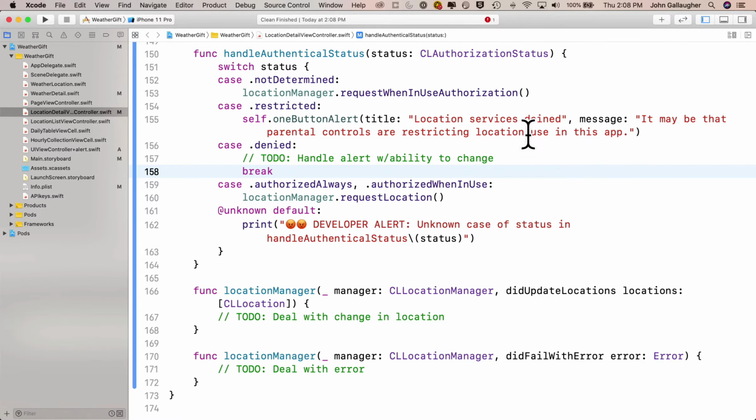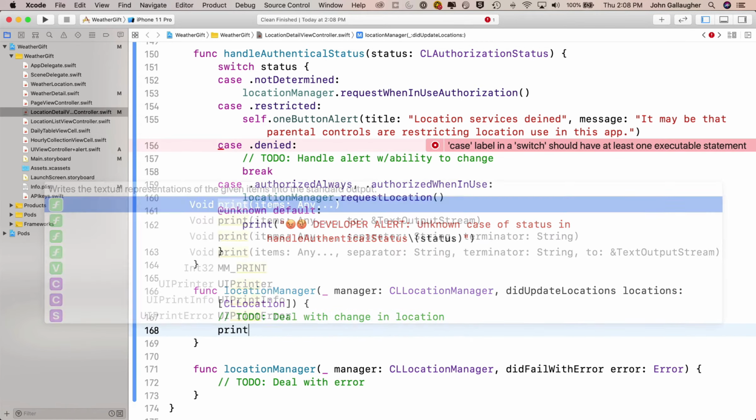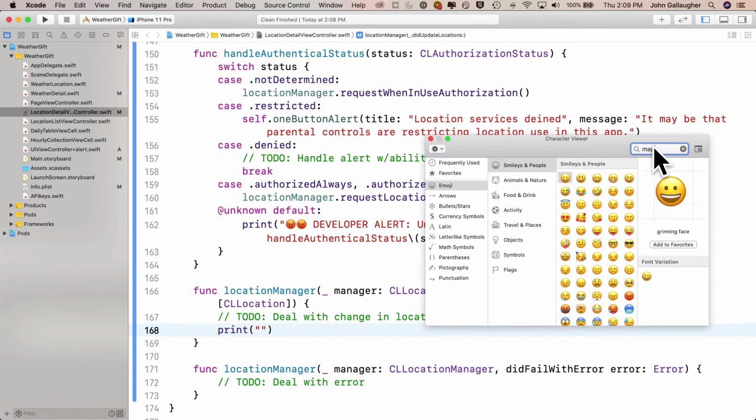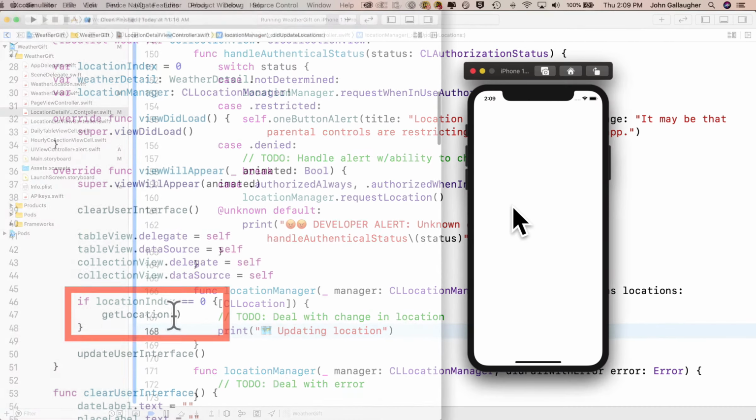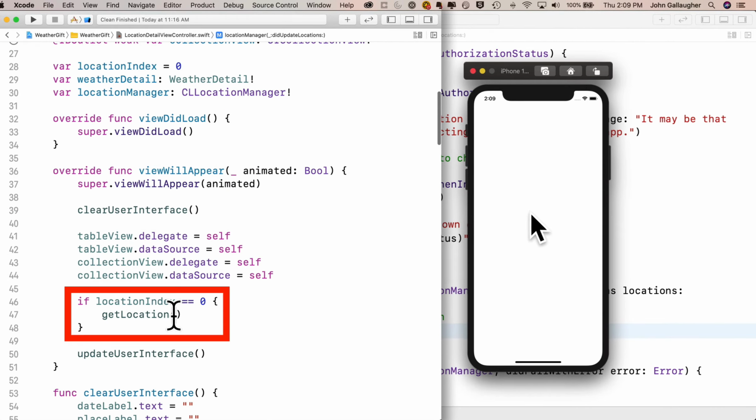Now assuming our status hits and it's either authorized always or authorized when in use, our location manager will request location, and when the location is found, it'll call this function down here that says did update locations. So in here what I'll do is for now I'll just put in print map emoji updating location. So now I'll build and run, no errors, and the flow of control is when we're at location index equals